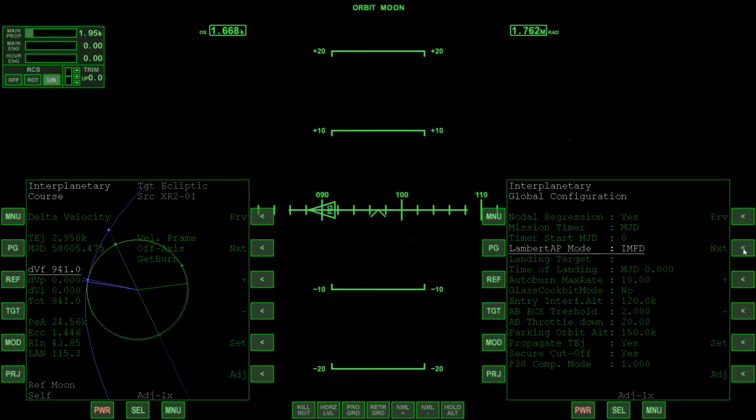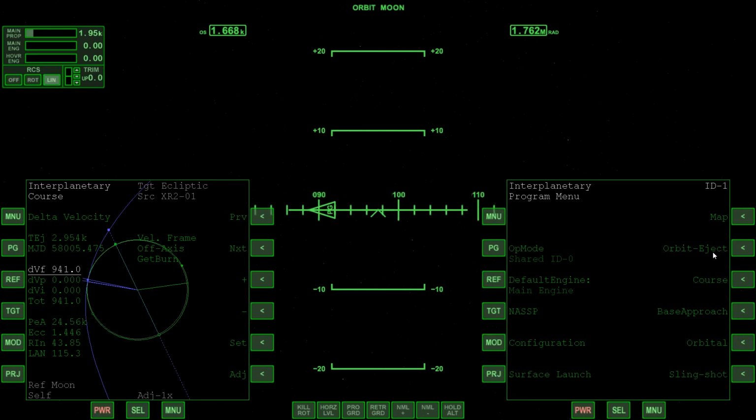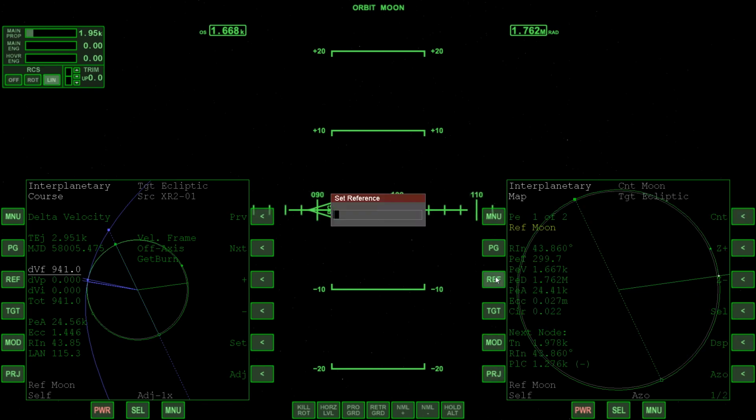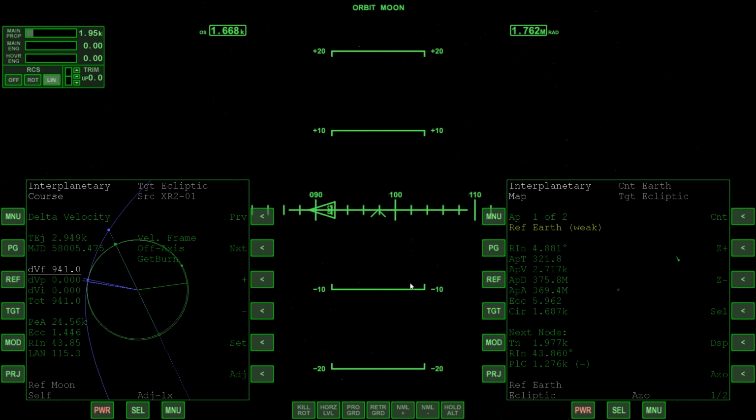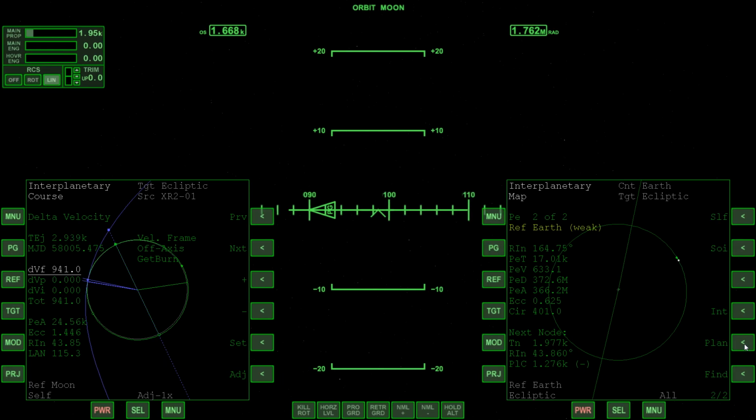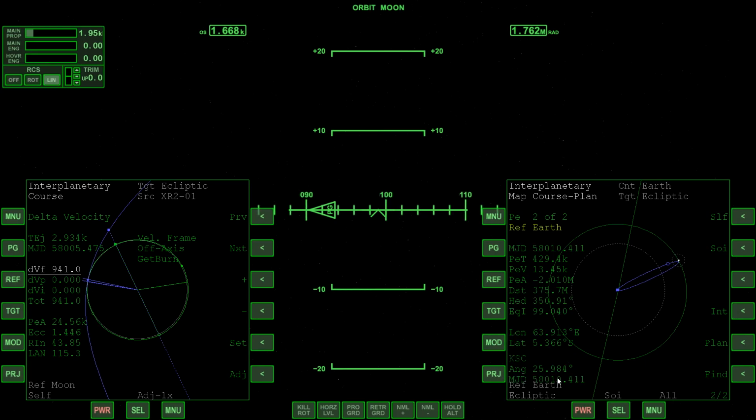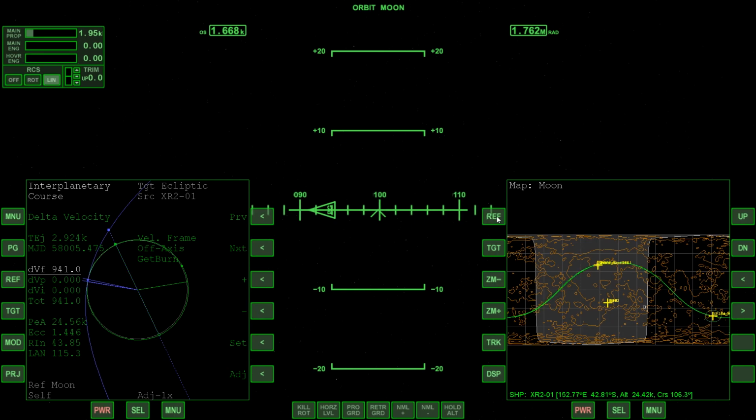So we're going to share the left side with this right side, and let's go ahead and go to configuration and set up our landing target, which is KSC, Cape Canaveral, and let's open the map program. Press projection, change reference to Earth, and let's press display so we can see the moon's orbit around the Earth there in the center. Turn off auto zoom, go to the next page, turn on the plan, turn on sphere of influence, and we're going to press mode so we get our angle to Brighton Beach and our longitude and latitude coordinates, which is all going to be very useful for ensuring that we arrive at a precise point in the atmosphere.